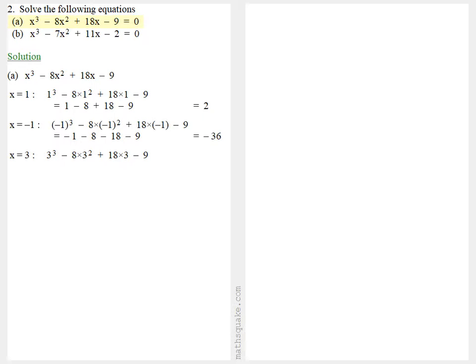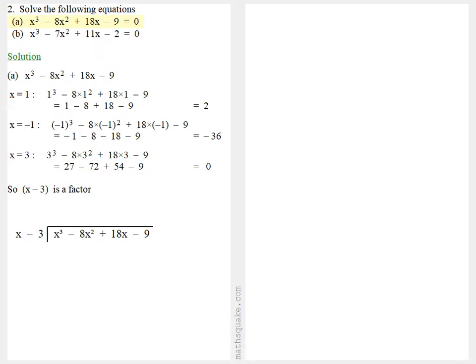If we try x is equal to 3, we get 3 cubed minus 8 times 3 squared plus 18 times 3 minus 9, which gives us 27 minus 72 plus 54 minus 9, which is 0, which means x minus 3 is a factor. Now we can do a division sum, x minus 3 into the original cubic, and we start